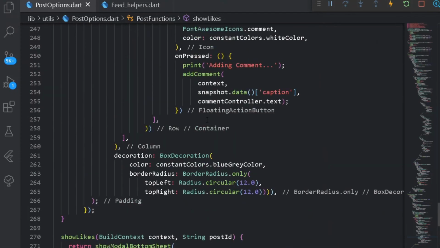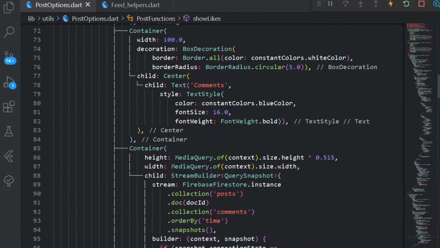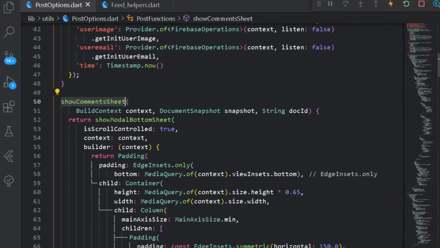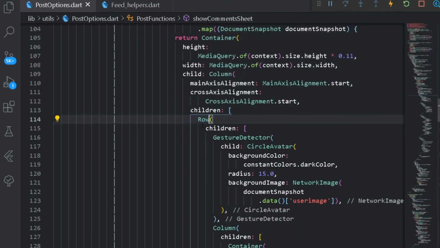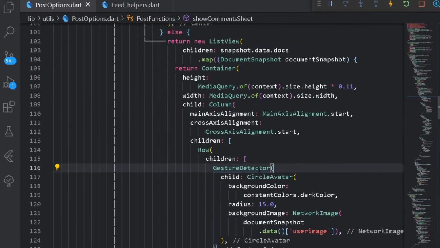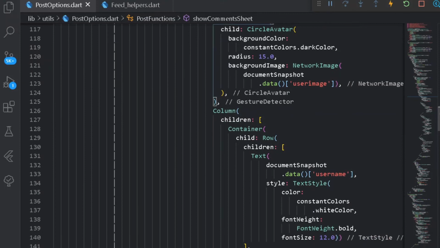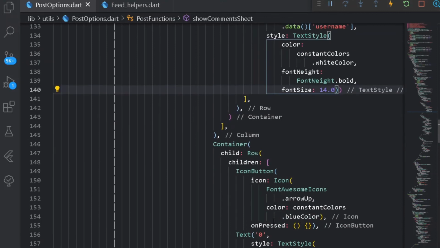For that we can go at the top, at the stream builder of our entire container of show comments, that is the show comment sheet. We can come down here under our container. Here we have our main button, that is the main row, and here first of all we have a JSON director. So here what I will be doing is come down here under the username and let's somewhat increase the username to 14. Cool, so after having this I shall be coming down here under my icon button.